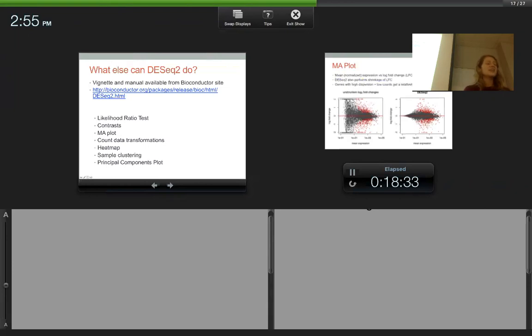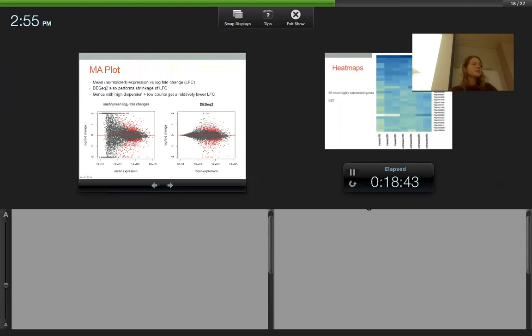One of the nice things about it is it gives you all these visualization tools and helps you build beautiful figures for your paper, which is great. You'll probably see MA plots in a lot of these different packages. And these are kind of fun to look at because they talk about how that variation